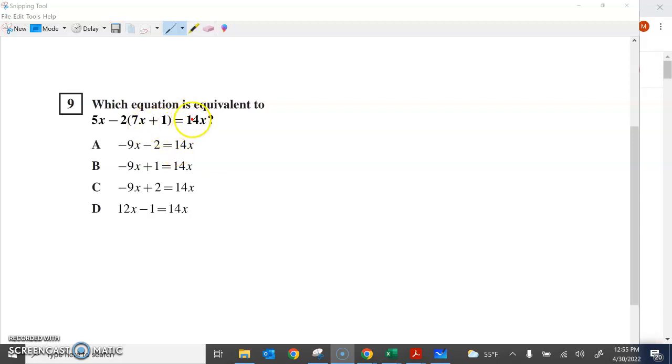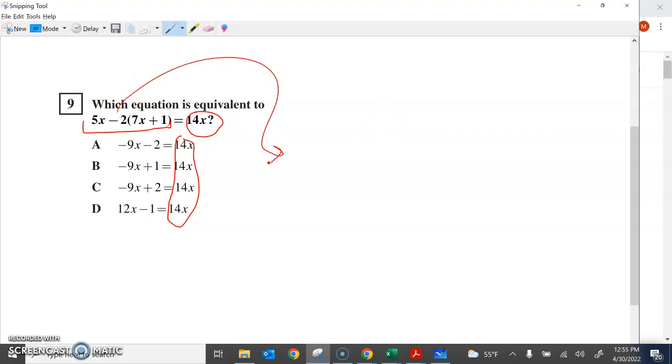Now, one of the things that you can do, so you should always look at the choices before you start to see if they're numbers or if they are expressions that have an x in them or an equation with an expression. So when you look at it, take a moment to look at the equation. You notice that this side looks a lot different than these, but the right side, 14x, shows up over here. So basically what that's saying is we can just leave this 14x alone in a sense, because it already looks like all of these, right? We just need to focus on this side right here